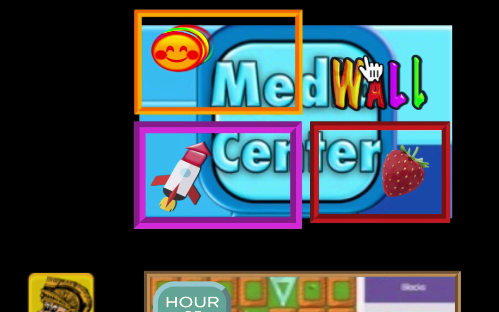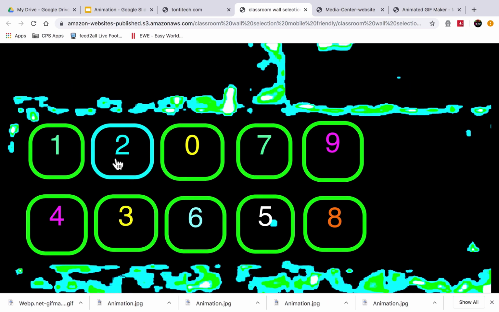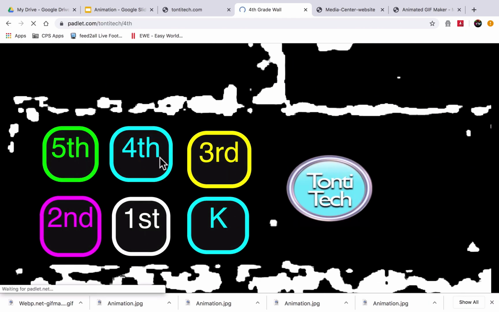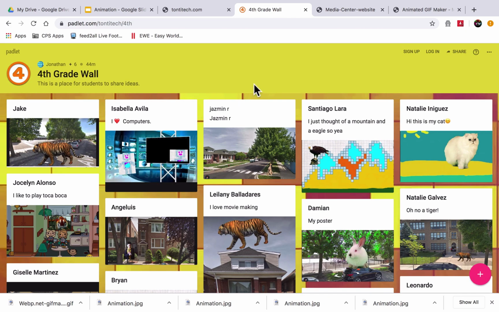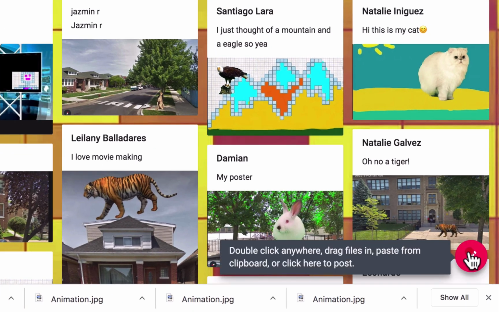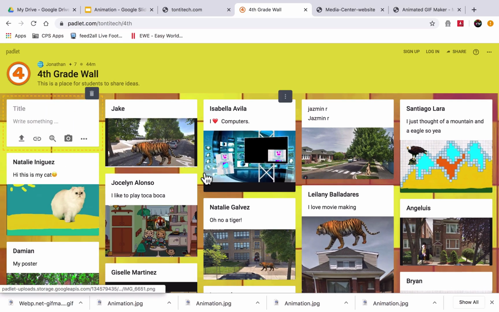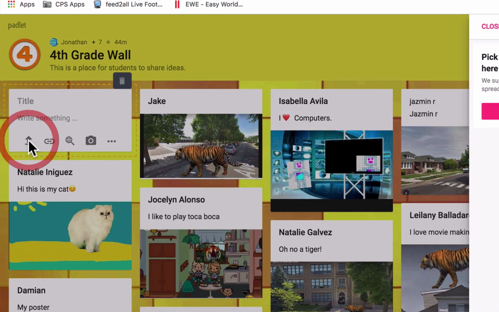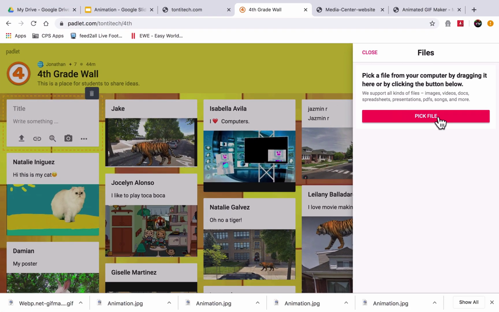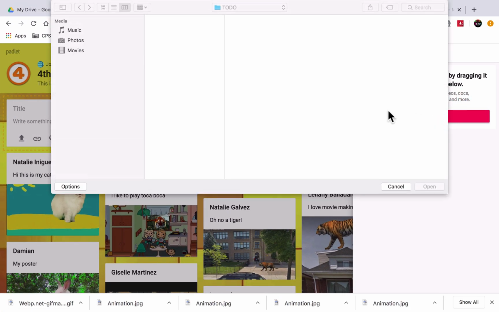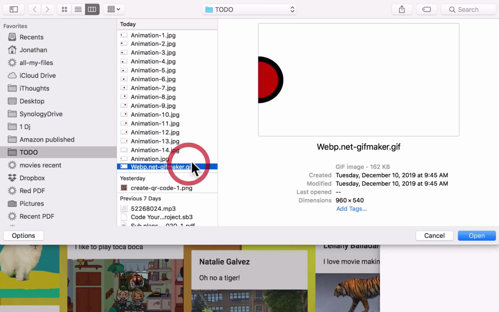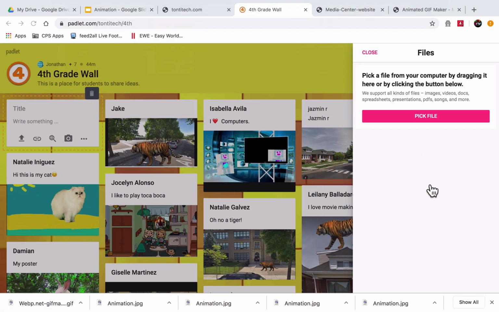Another thing that you can do is go to your classroom wall and publish your animation. So as soon as I find my classroom wall, I'm going to press the plus sign and I'm going to click on the arrow pointing up, which means to upload. I'm going to pick the file that I want to upload. Now you could drag and drop it onto the wall as well, but I'm just going to find it this way. Click open,